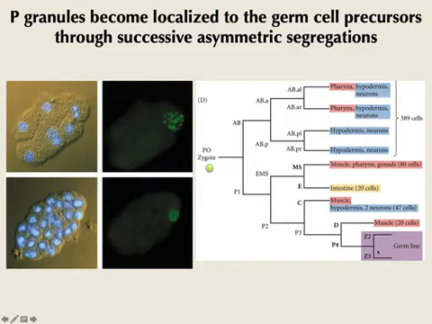And you can see it segregate in the first division, but you can see it segregate in every subsequent division of the P1 cell. Right? So this is what this slide is illustrating. Now you see the embryo has a few more cells, and those P granules accumulate in this most posterior cell here, and later on only in this cell. And actually what people determine is that they always go to the most posterior cell, they wind up in the germline. So they are part, actually, of the molecular program to specify the cell to become a germline.